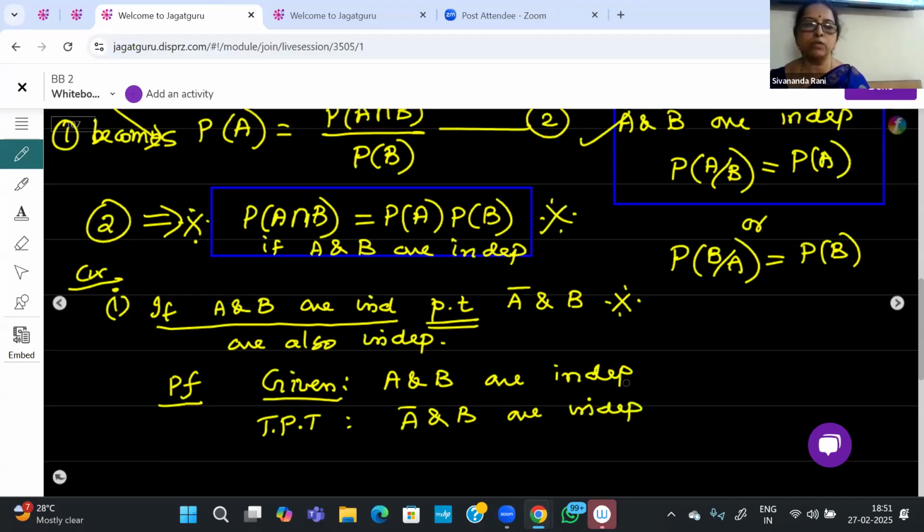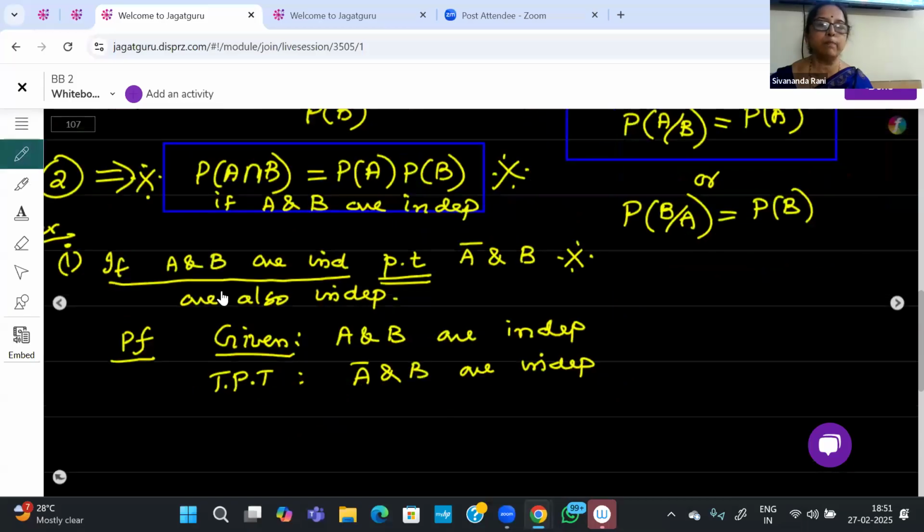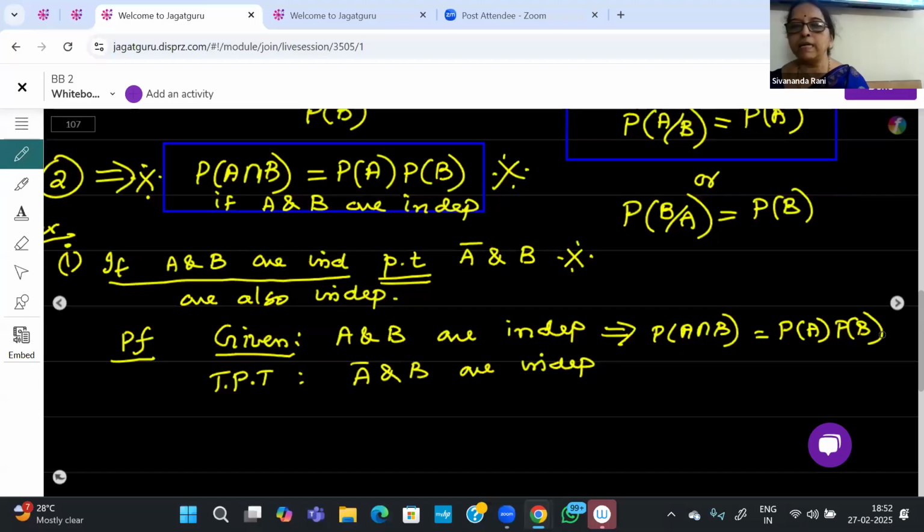So this is my task. My task is to use the fact that A and B are independent, and try to prove that A bar and B are independent. Let me understand fully the implication of A and B being independent. When are they independent? Which criterion are you going to take? That is the only popular one, isn't it? Whenever two events are independent, this is only to be assumed. So I'll take this to be P of A intersection B is equal to P of A into P of